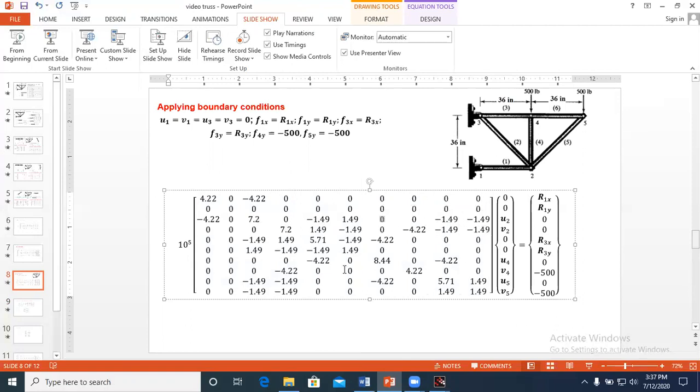Okay. After that, what we have to do? We take these terms, that is, on seventh row, third column and fourth column, 8th row, third column and fourth column, 9th row, third column and fourth column, 10th row, third column and fourth column, and here on 7th row, 7th column to 10th column, on 8th row, 7th column to 10th column, on 9th row, 7th column to 10th column, on 10th row, 7th column to 10th column.